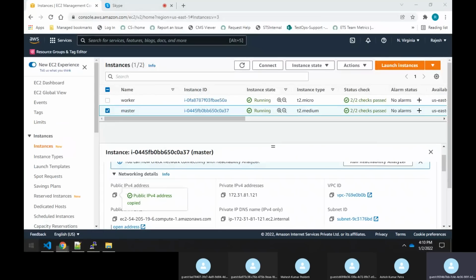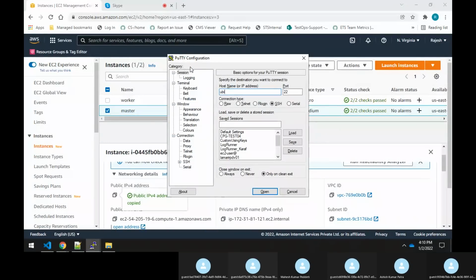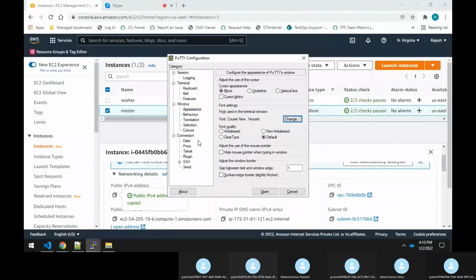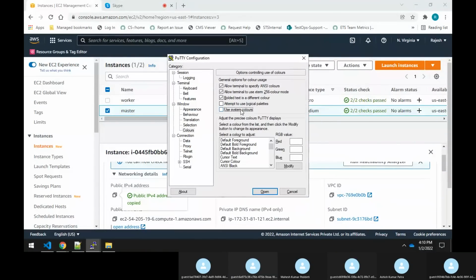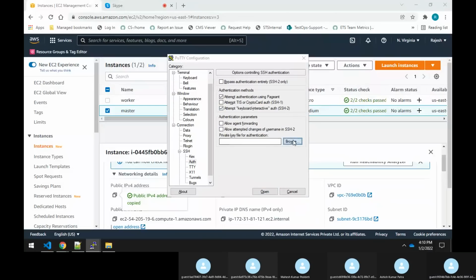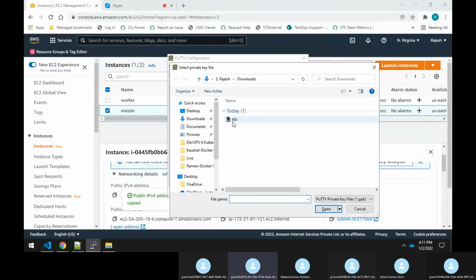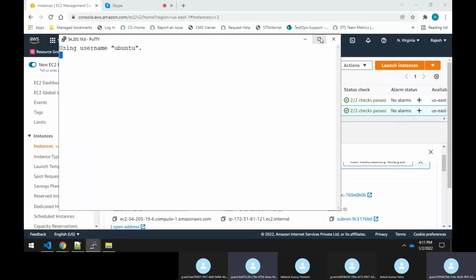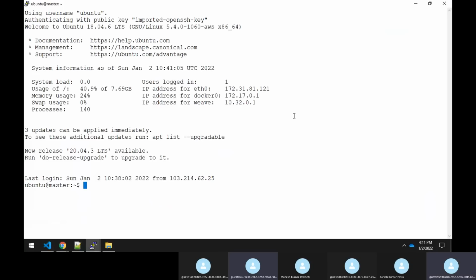So copy this public key. Yes, now you are able to log in. Can you check it?